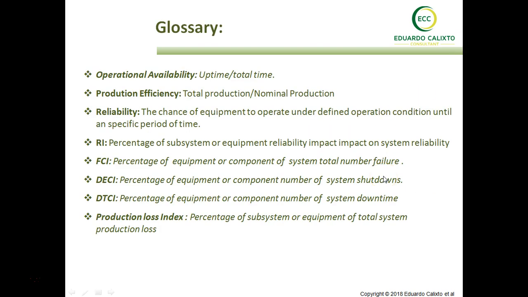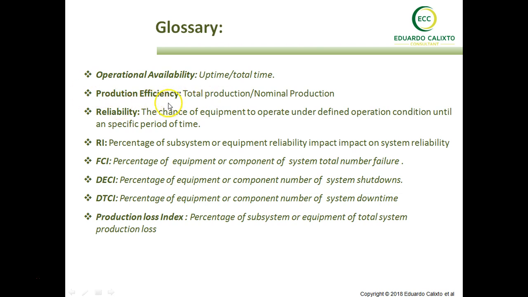It's the same concept we have had so far, but it's good to highlight what we are going to present here. Basically, run analysis has operational availability as a performance index. Operational availability is uptime divided by the total time. The production efficiency is total production divided by nominal time. In the case of